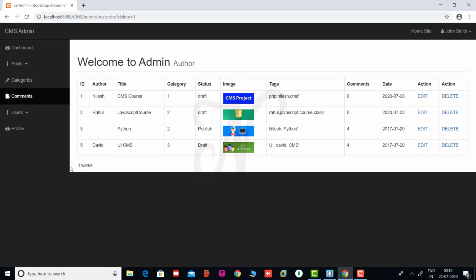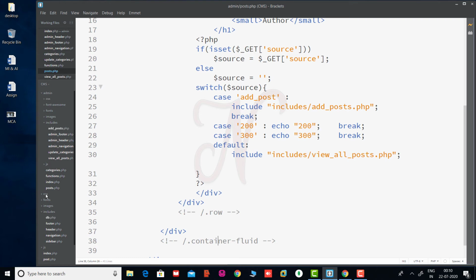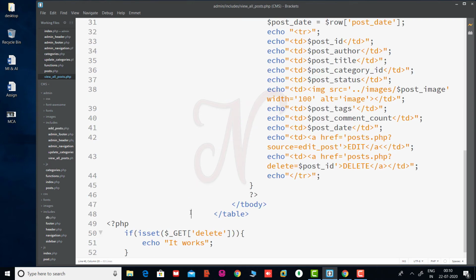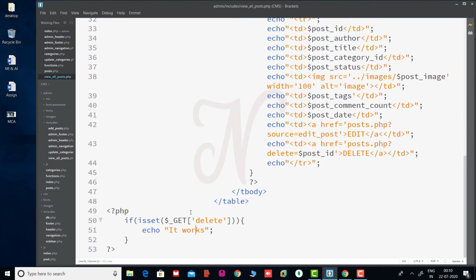Okay, now we add the SQL query to delete that particular post id. Okay, so here go to this view all post file. So in this if condition, we get this id and store it into a variable. So this is the post id.